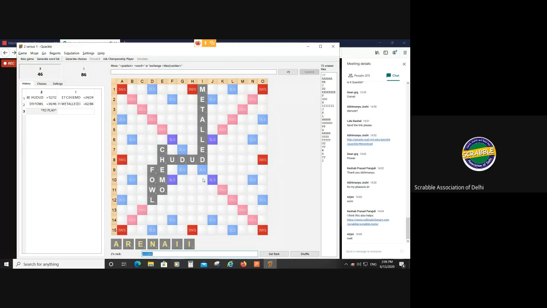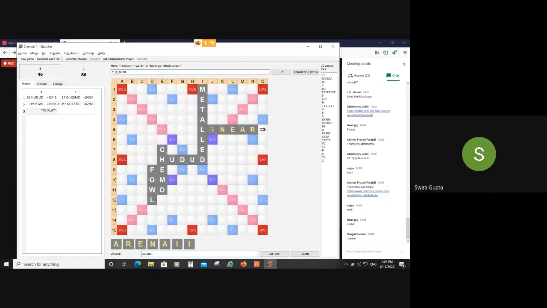It would get me a low score, or I can use the M and try to play linear. I can go here. Linear can go here. It would be a double word. LINEAR. Can we use something with M? We can use anemia. Anemia will use maximum of vowels also.